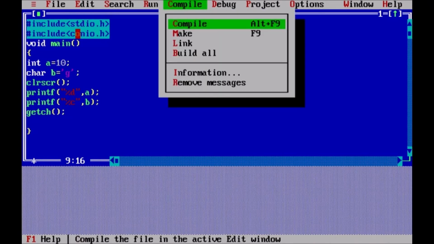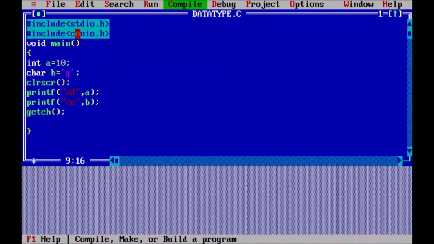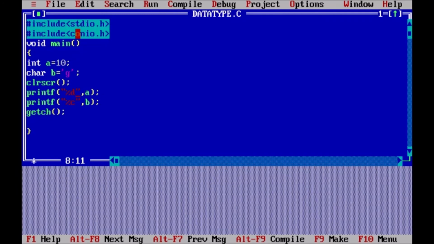Let's try compiling this. No error, okay. Try running this. As you can see, after the integer, this character has been printed on the screen. Now I want to print this character onto the next line. So for that, we have to use \n for new line. So after printing this value, it will take the blinking cursor onto the next line and then print the character.